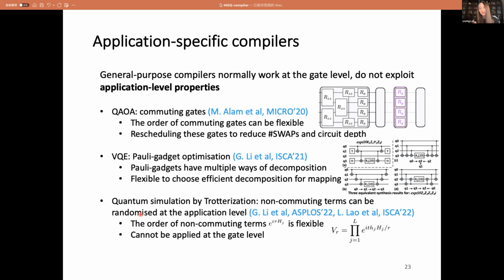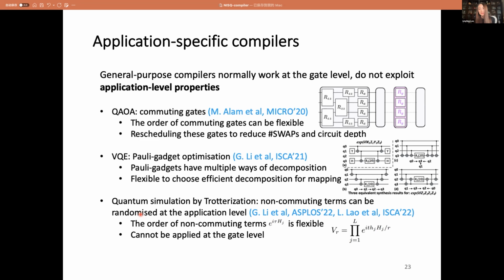But performing this matrix multiplication will be very expensive, and it will slow down the compiler. If we have an application-specific compiler knowing these rules, for these circuits we know all the gates are commutable, we could change their orders, and it's very easy to perform the compilation, and it will be very fast.